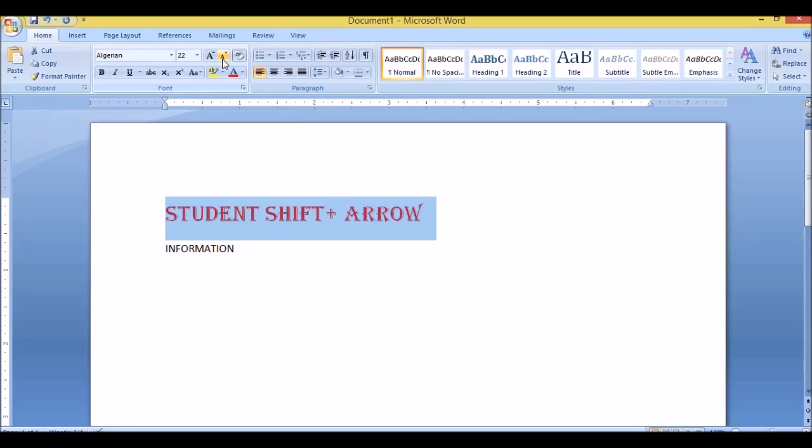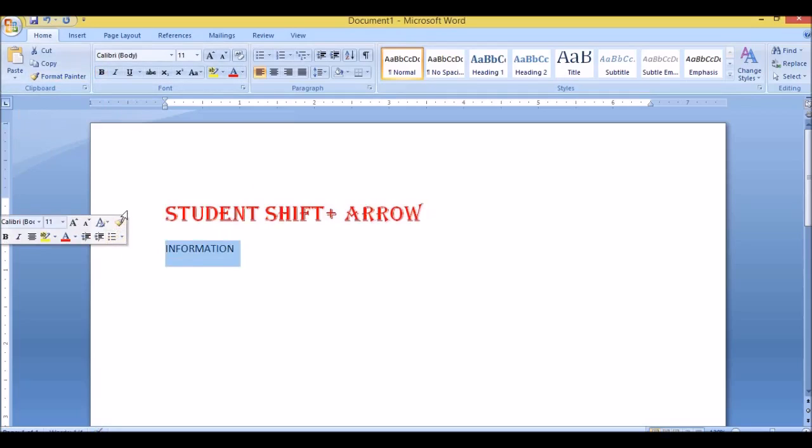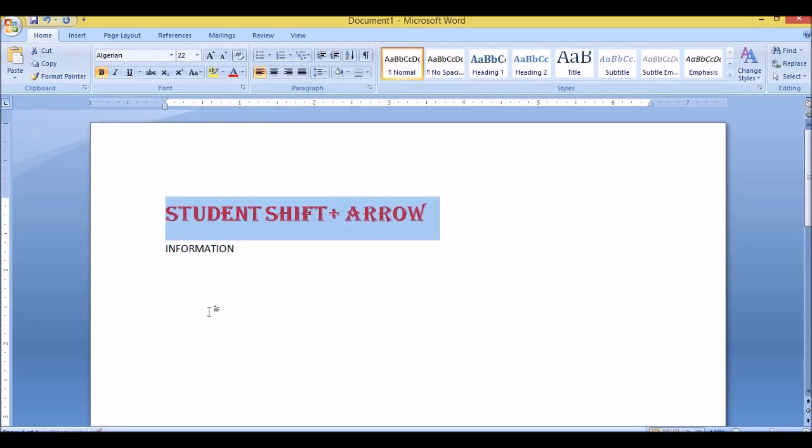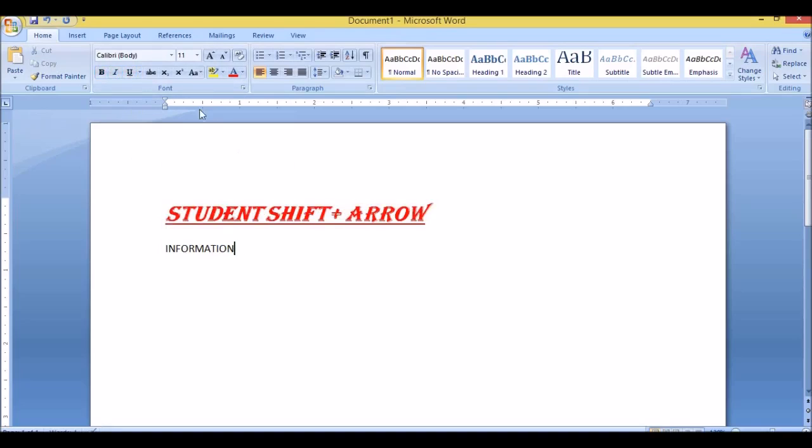Okay, and then another option is bold. You can make your text bold. See, before clicking bold how the text will be, and after clicking the bold icon how the text will be. Okay, it makes your text bold, and this makes your text stylish like italics, and this will make your text underlined. These are basic things, girls, you will know, right?